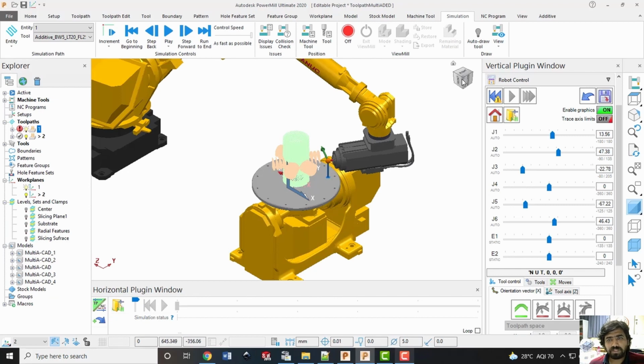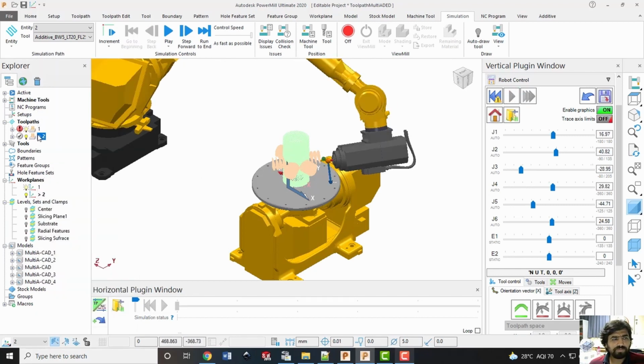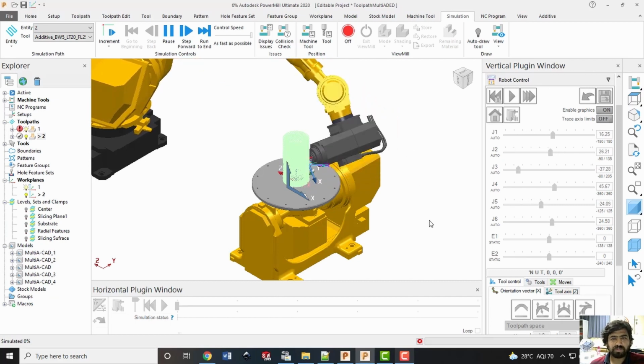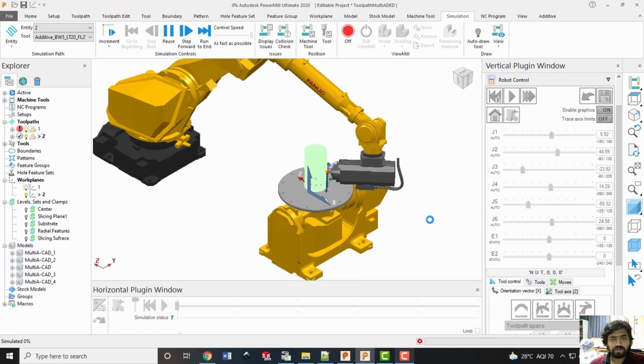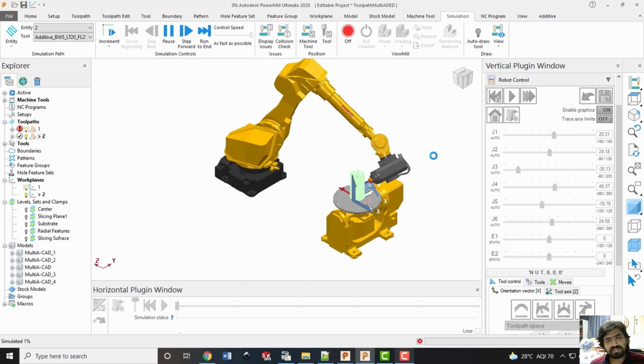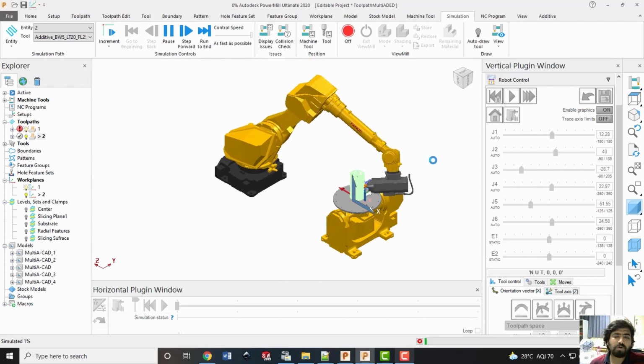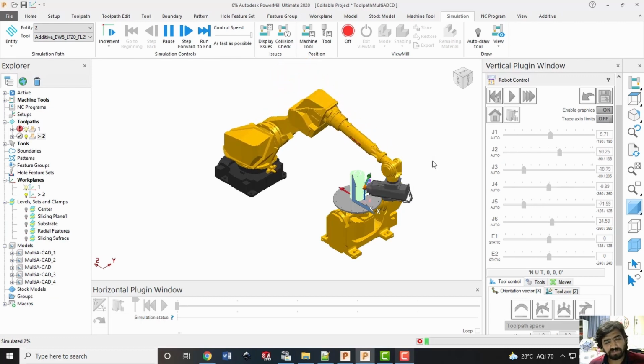So for that you can see the robot has aligned itself appropriately, and now if this tool path is activated and I simulate it from the beginning, you can see how it is going to deposit this radial feature. So it can be easily seen now that the tool has been tilted for depositing or adding the material on the cylindrical surface.